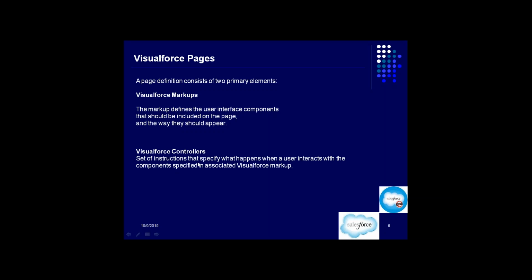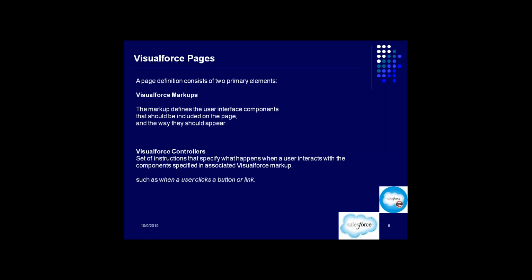So this is the set of instructions that specify what happens when a user interacts with the component specified in the associated Visualforce markup. So this will have the instructions for what will happen when the user interacts with the user interface. Got it? So all the logic, all the instructions or the programs are written in the controller. The controller is something which is not visible to the end user. As an end user, you will not get to see the controller, but there has to be this controller.